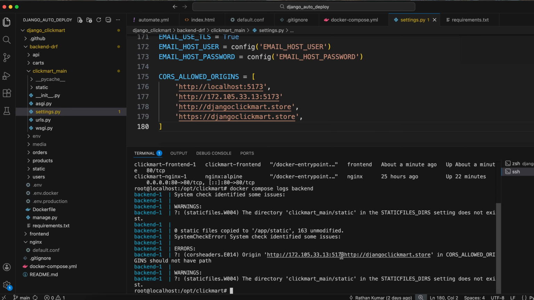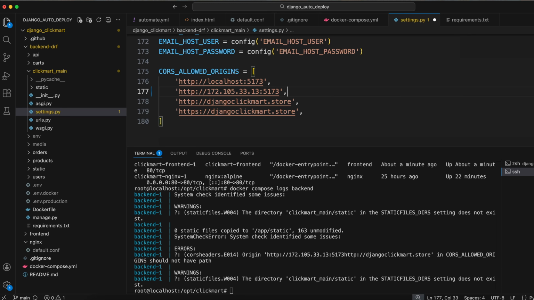CORS header origin this. All right, we missed this comma. We missed this comma, right? So that's the reason. Something bad happened, and our container just stopped, right? So that's why, you see, if you miss such silly things,